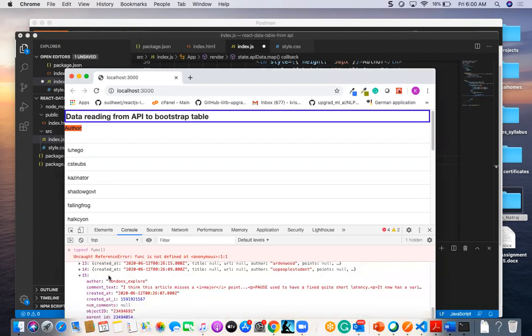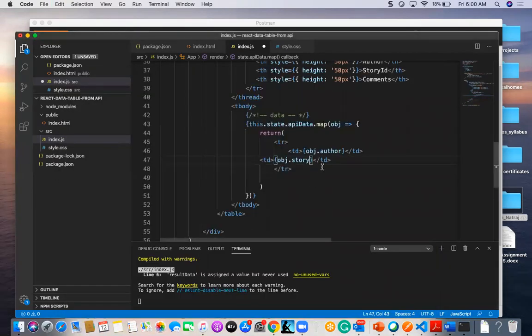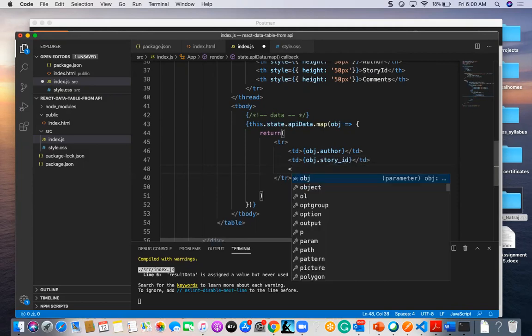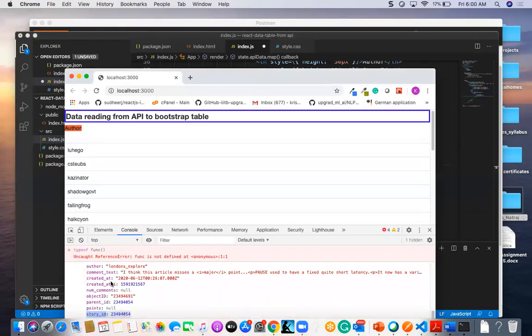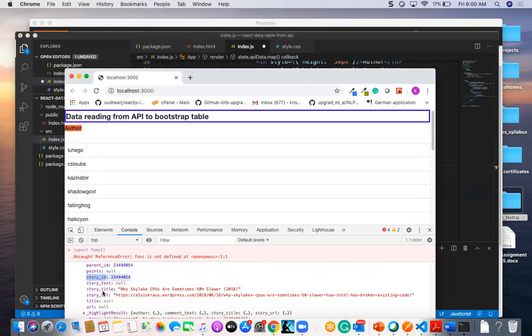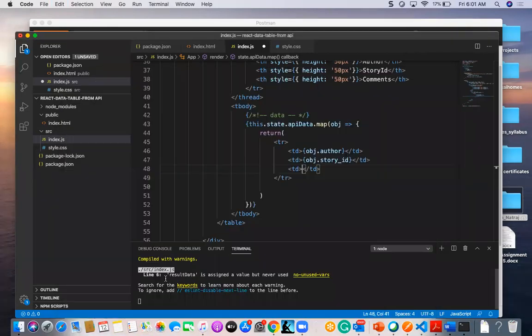Here I will be finding that story ID. It is this one. I am going to give that story ID here. And one more iteration is td. I am going to mention some comment text. This is my comment text, so I'm going to mention obj.comment_text.